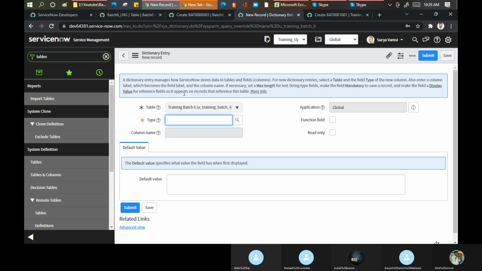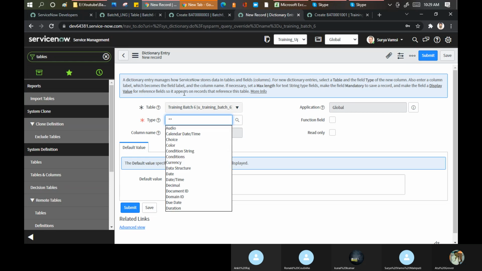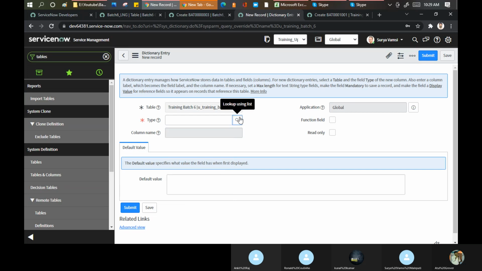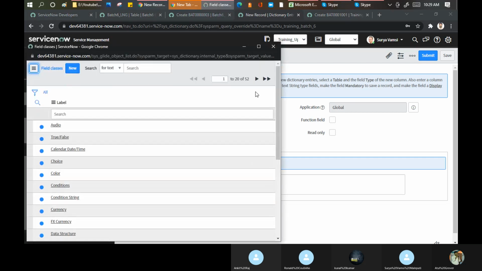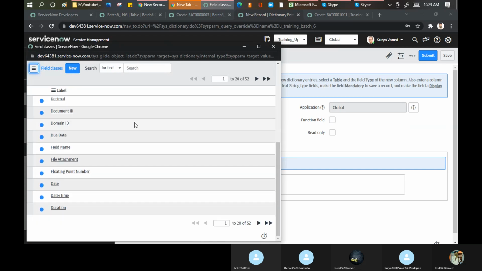Reference, text box, string, what you want. Let me put a double asterisk and you can see that these are the types available. These are the limited ones only. If you want to see the complete list, click on this magnifying glass. And you can see a total of 52 types are available in ServiceNow.